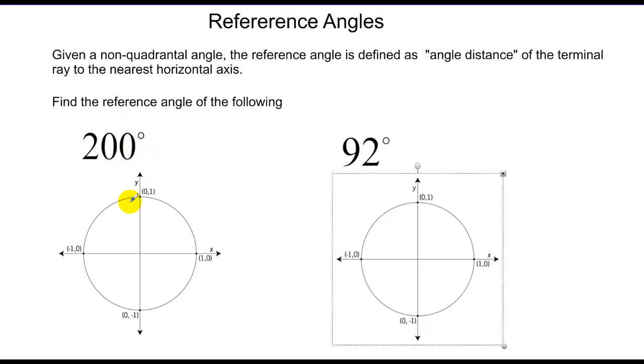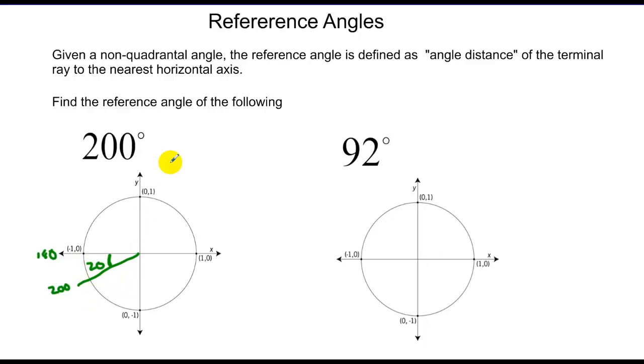Let's take 200 degrees. I like putting everything on a circle just because it gives me more of an indication of my relative horizontal and vertical distances. So here's roughly 200 degrees, and the reference angle is defined as the distance in degrees or radians to the nearest x-axis. Well, I know that the nearest x-axis is right here, and if this is 200 degrees and this is 180 degrees, then this angle must be 20 degrees. So my reference